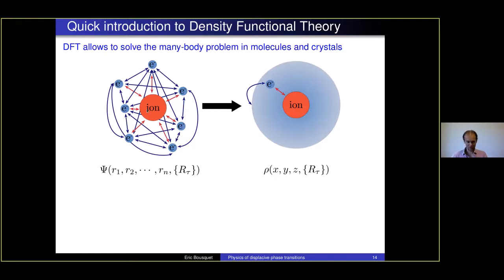And you can see here that you want to try that at the quantum mechanical level. It means that you need to take into account the interaction of all the particles together. Here I just show you an example with just 7 electrons and 1 ion, 1 nucleus, in the center. You can see that you have to take into account many interactions. It's impossible to solve it analytically. So you can solve it numerically, but even so, it's going to cost a lot